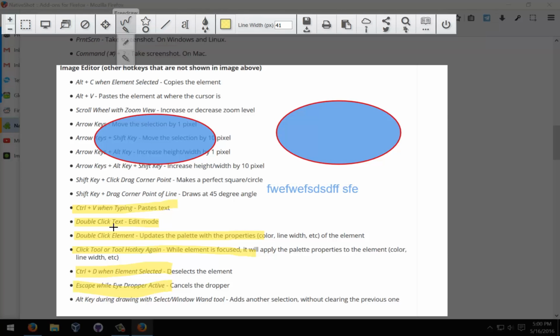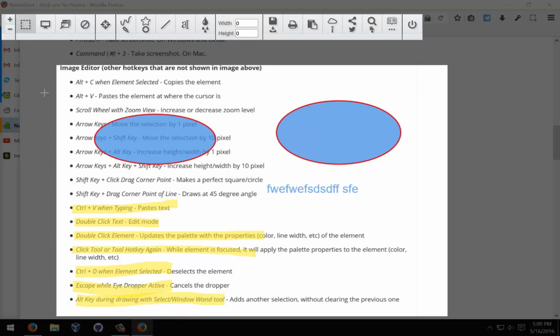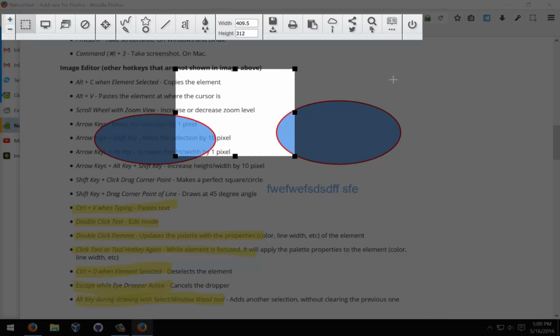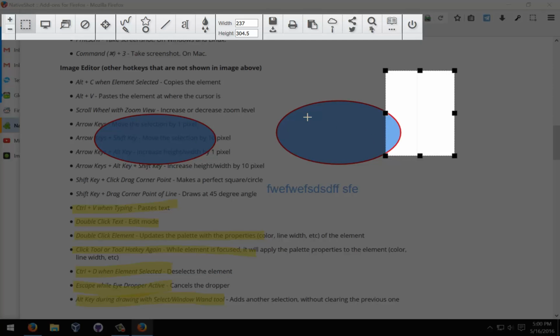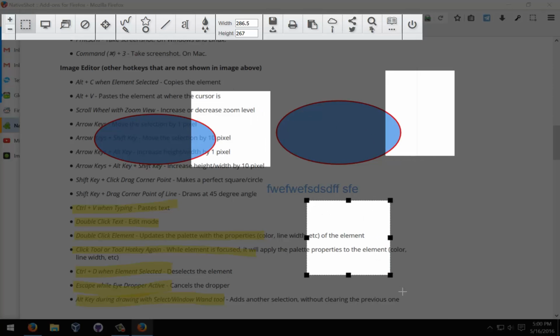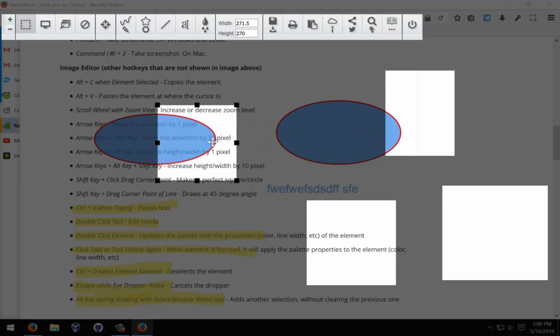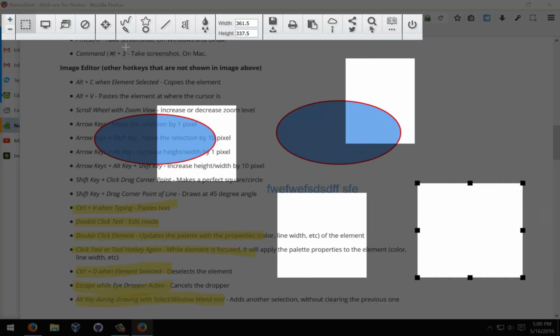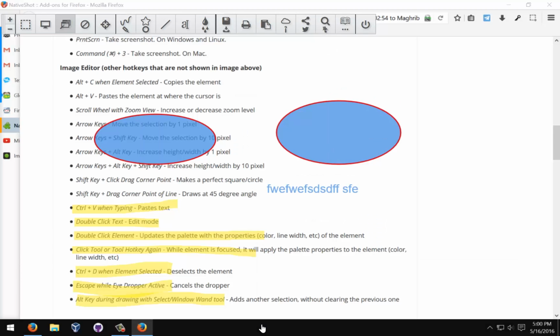And the last point here is Alt key during drawing a selection or the window wand tool. So this is the selection tool here, and if you draw something, it clears up the last selection. But let's hold the Alt key. Now we can make multiple selections. If you use the window wand tool, you could click this,